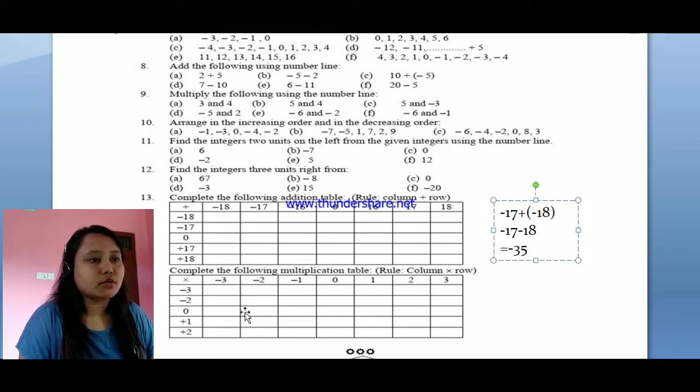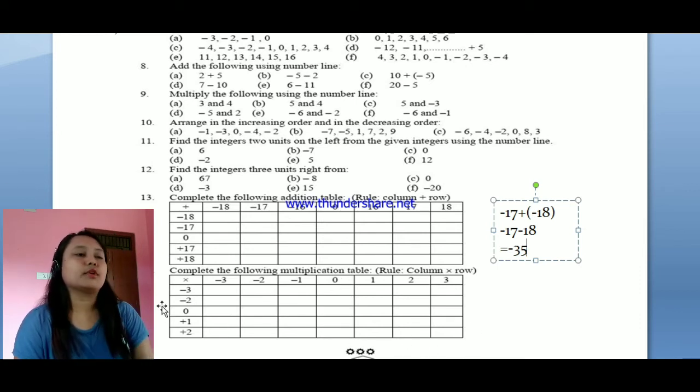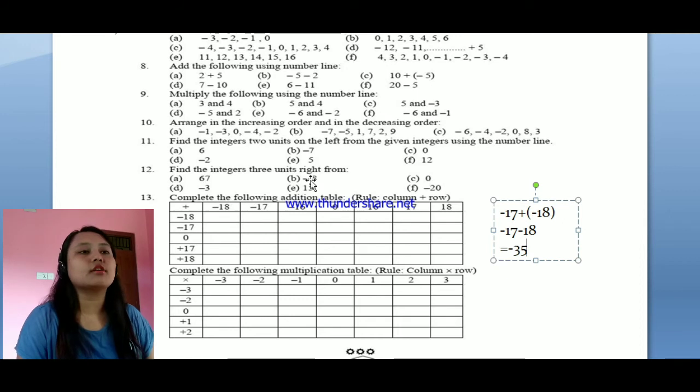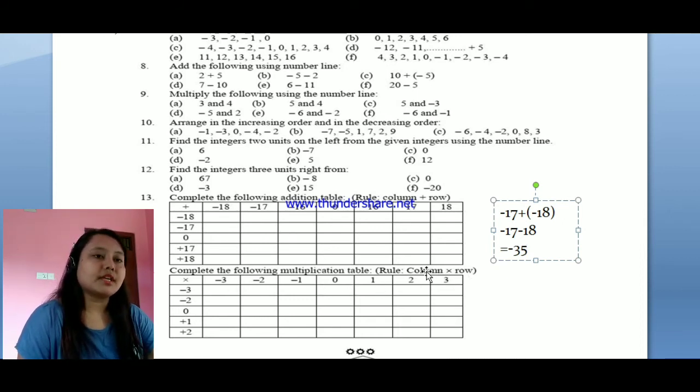So here we have the row, minus 3, minus 2, this whole line is a row, and this vertical line is a column. Since the question is asking you to do multiplication, column into row, first of all we will be writing,